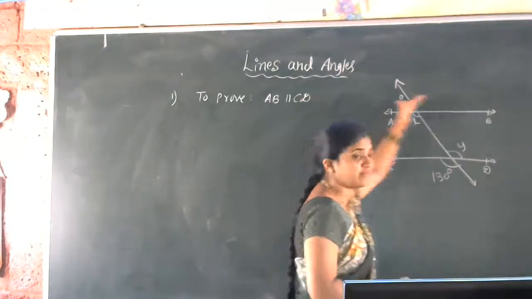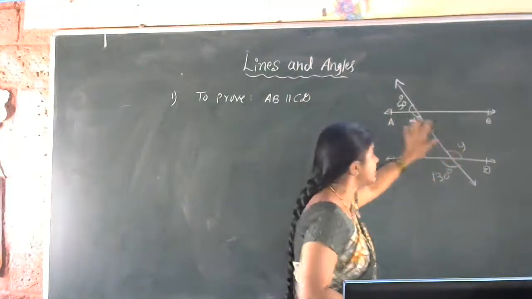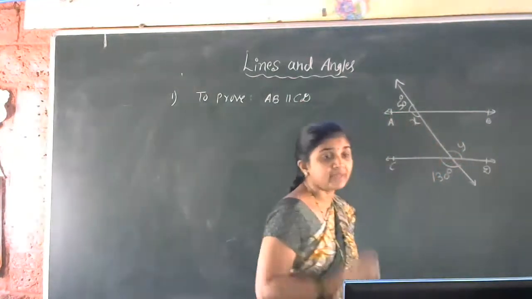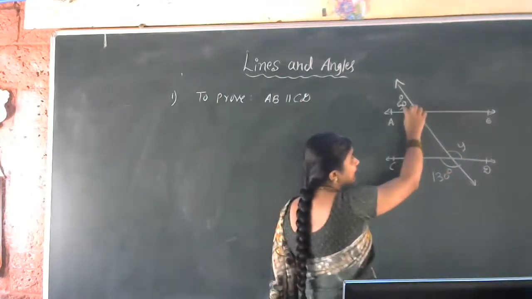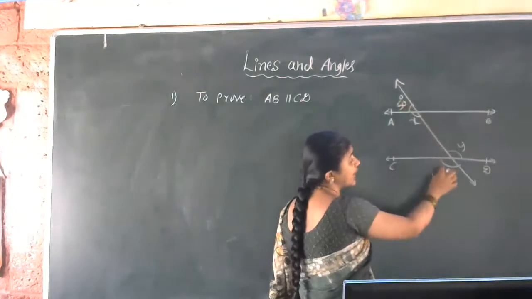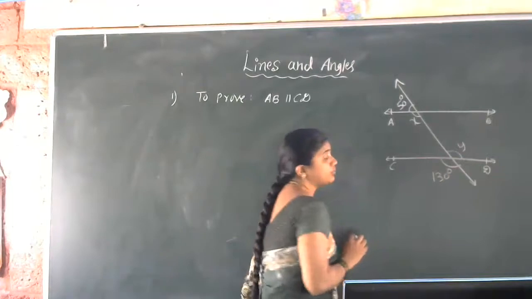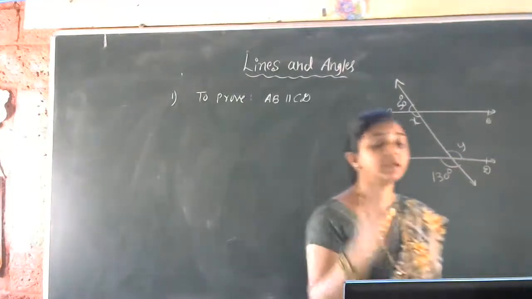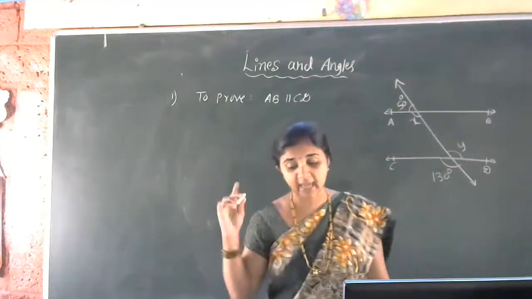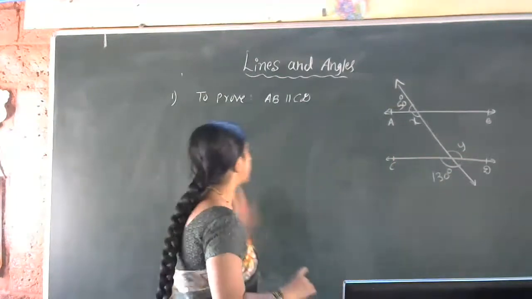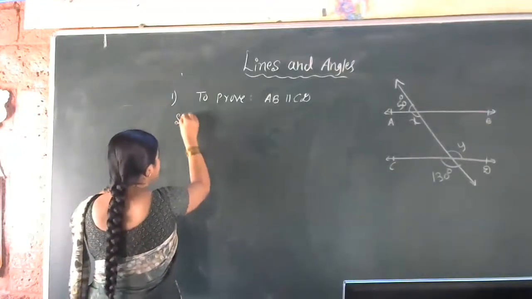See, here we have the diagram. x and y are marked like this. First we have to calculate x and y. In the figure some angles are given. Are you observing this angle? This angle is 50 degrees. Then this angle is 130 degrees. x is here, y is here. We have to find x and y first, then we have to show that the AB line is parallel to the CD line. Okay, students, shall we start the problem? So we'll work out the solution now.